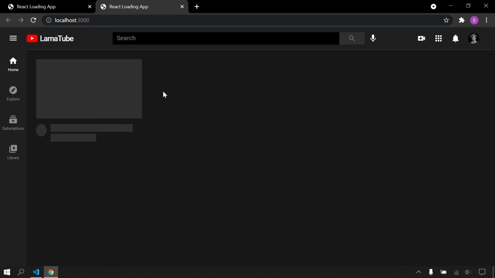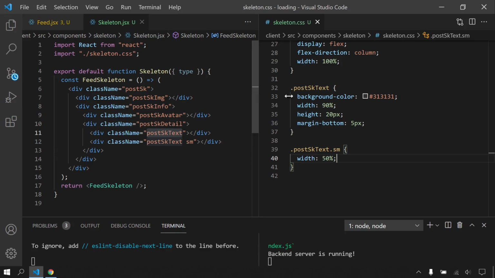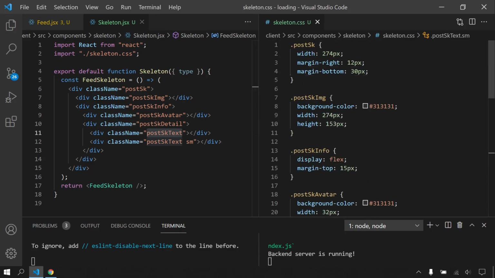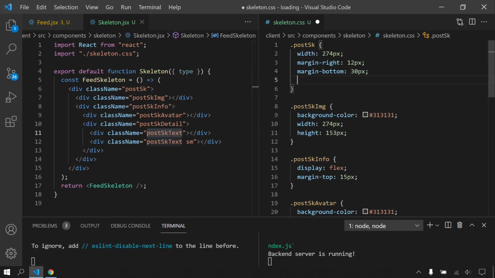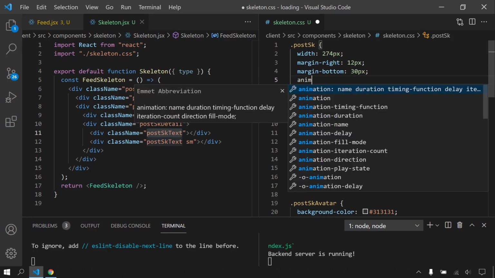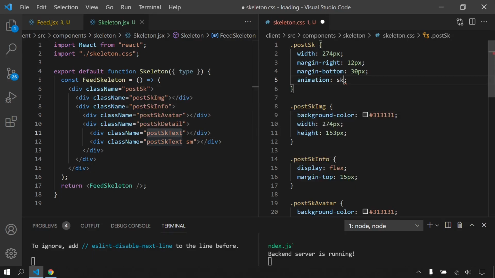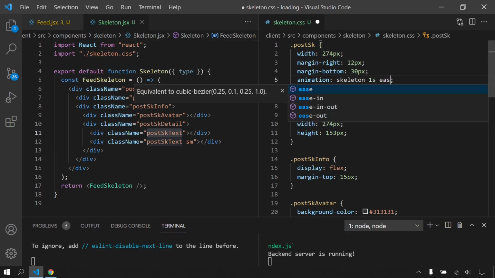We can give some animation maybe. To do that, I will come here, and for my main container I'm gonna say animation skeleton. My animation name is gonna take 1 second, and my timing function.